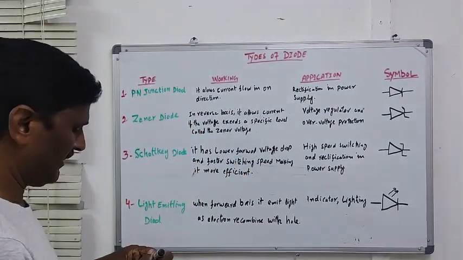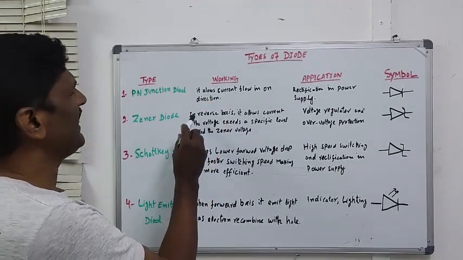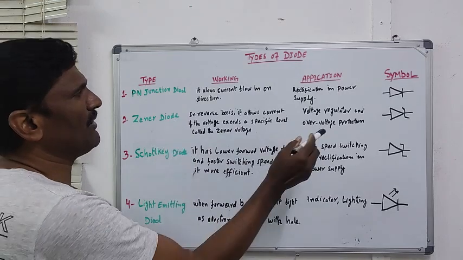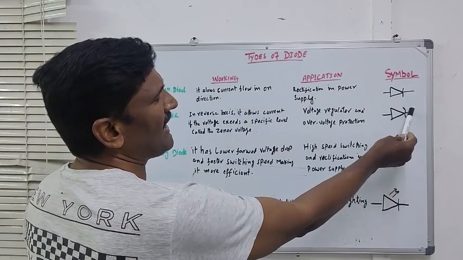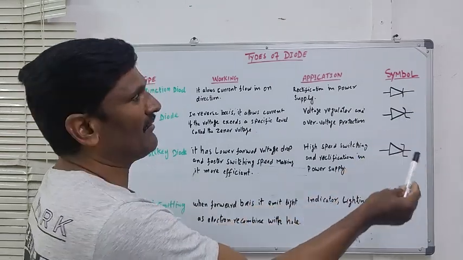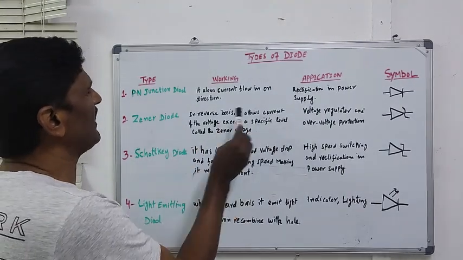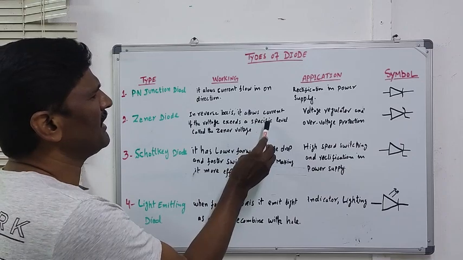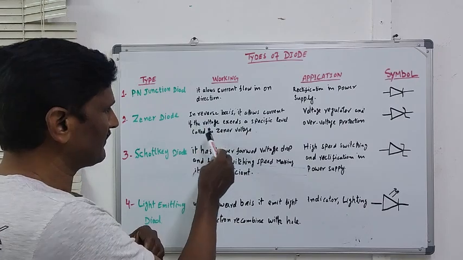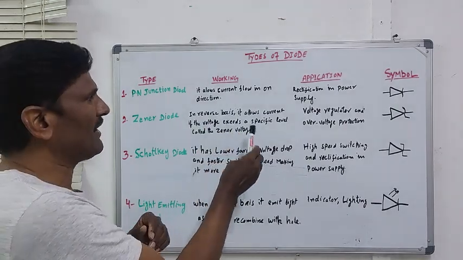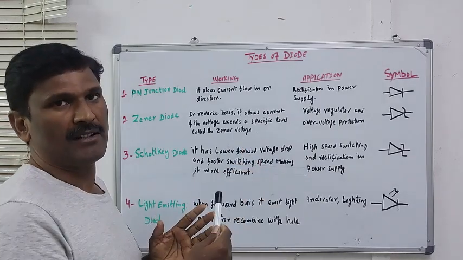So we go back. The second one is a Zener diode. How does it work? In reverse bias. We connect the positive terminal of the battery to the negative terminal of the diode, and the negative terminal of the battery to the positive terminal, so it becomes reverse bias. In reverse bias, it allows current if the voltage exceeds a specific level. First we put the reverse bias, and when the voltage exceeds the specific voltage,